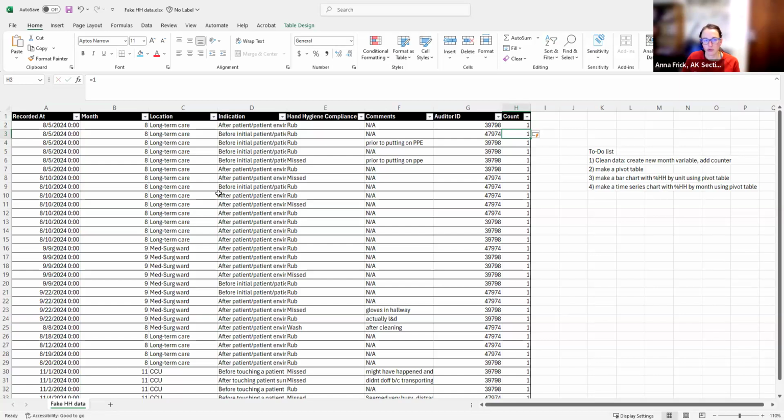Sometimes when you ask Excel to do things, it can be hard to tell what it did, because Excel is kind of opaque in its behavior. And making sure that I have one variable here that has a value of 1 means that I always have a place I can go where Excel will tell me the number of things that are currently being used. And that'll make more sense in a second when we move to the pivot table. So that was my initial data cleaning tasks that I wanted to do. There's some other stuff I could do if I planned to do more fancy things, but this is probably enough for us to get started.